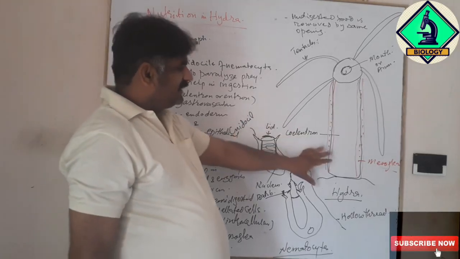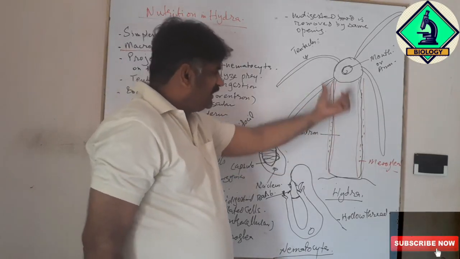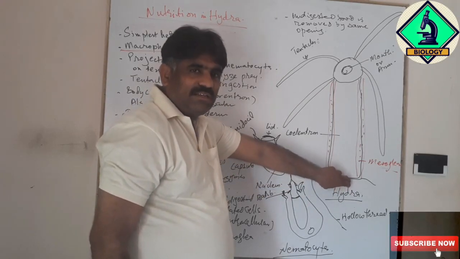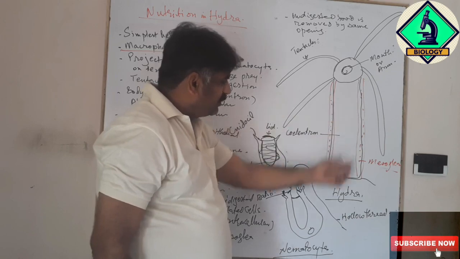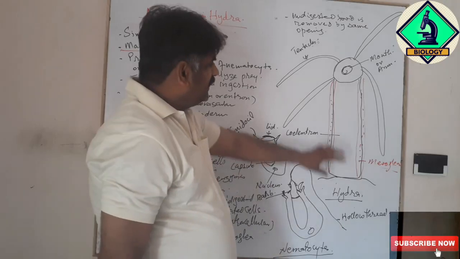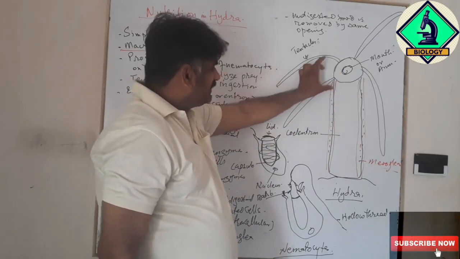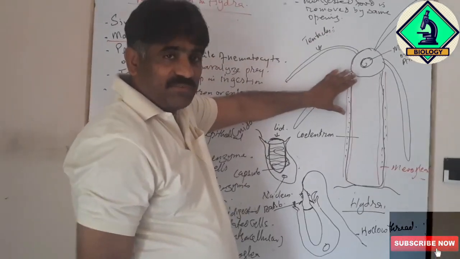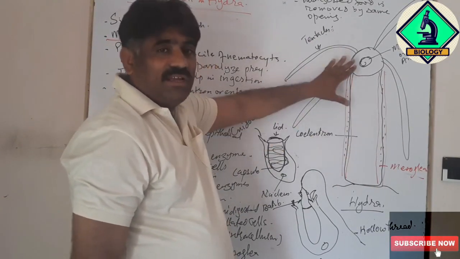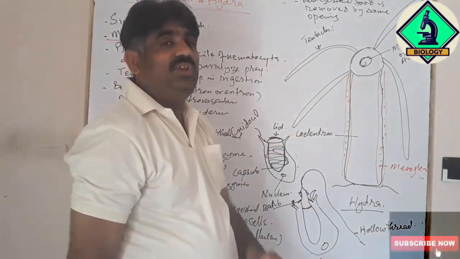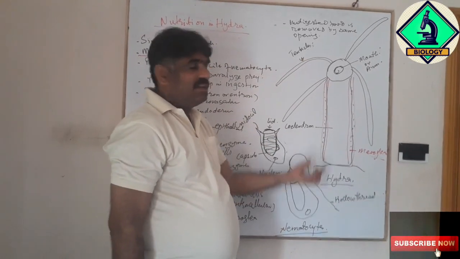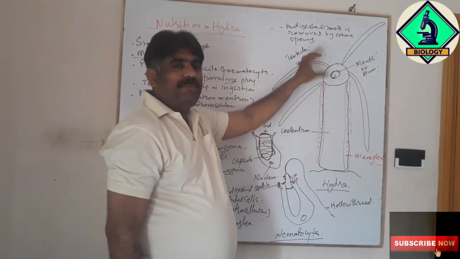Now, another thing about this Hydra, we see that its body is cylindrical and attached to any substratum in the water. Since the cylindrical body is attached to a substratum, they are called sessile. Its mouth and tentacles are on the upper surface of its body. This form of cnidarians is named polyp. So Hydra is one of the polyp forms because the body is cylindrical and the mouth and tentacles are on the upper surface.